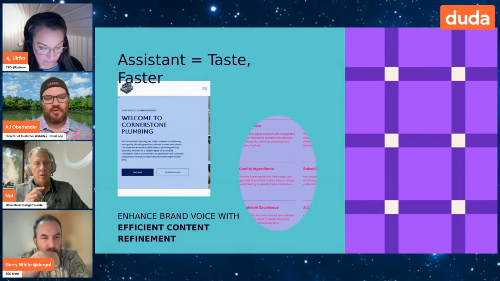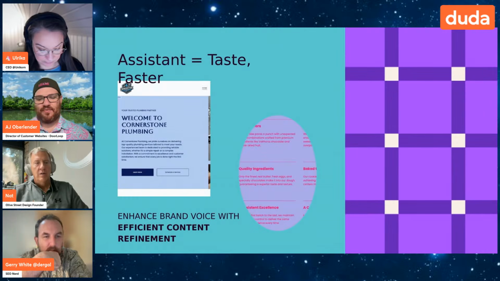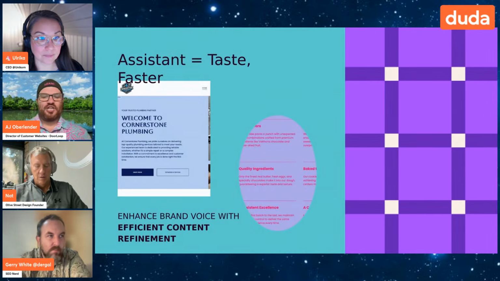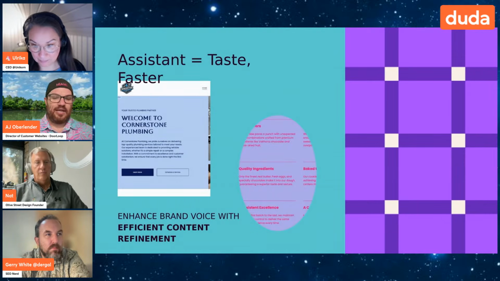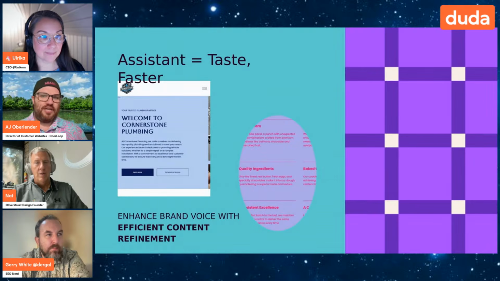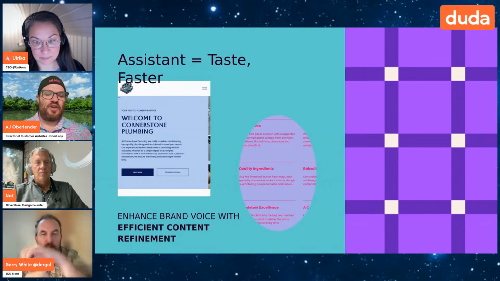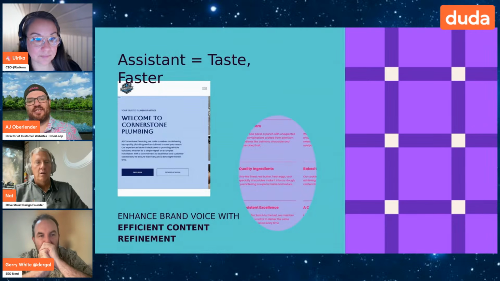So what I ask people for when I do custom content is I usually ask them for a paragraph of like, who are you? What's your business doing? Who's your customer? And why should I go to you? What makes you different? And first of all, it makes my customer think, what are these? But they're also the underpinnings of building your brand. And on a fundamental level, a website is the first face of your brand that a lot of people are going to see. So the assistant allows us to keep the website on brand.